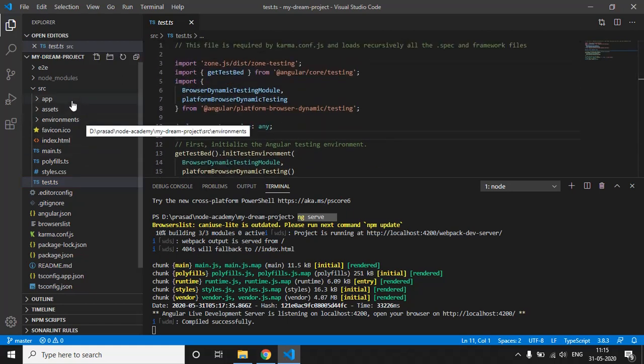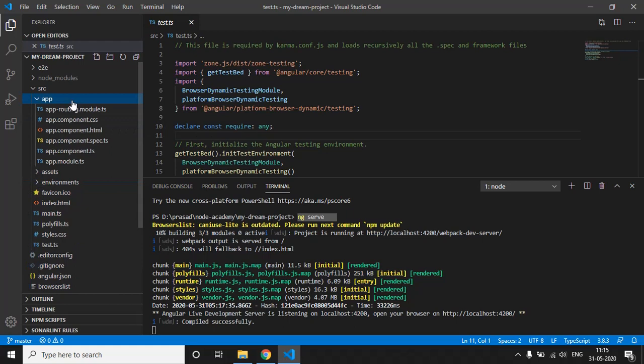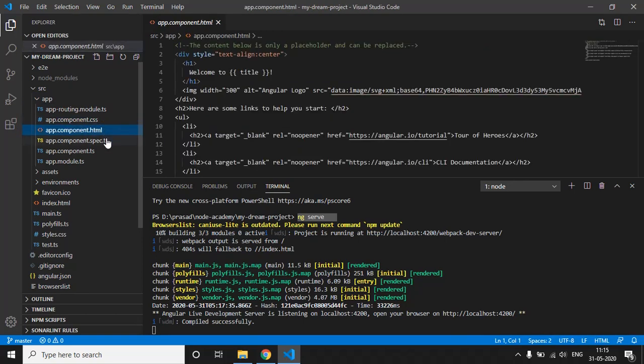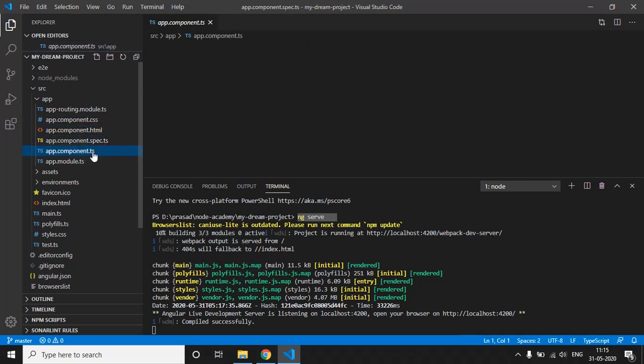So let's go to the app folder now. This is the app folder, and this is the first component which is created by default by Angular. It has app.component.css. As we discussed in the previous session, an Angular component creates 4 files: the CSS file, HTML file, specs file, and the TS file.